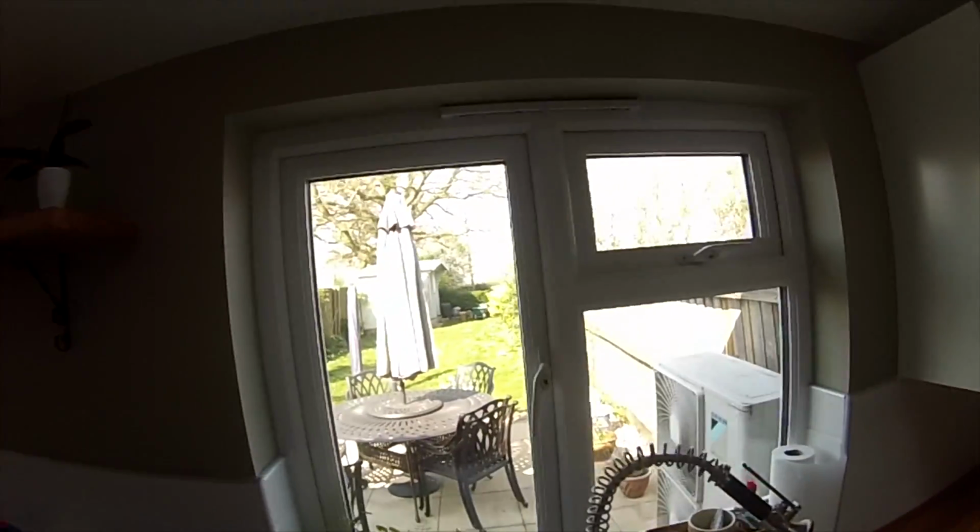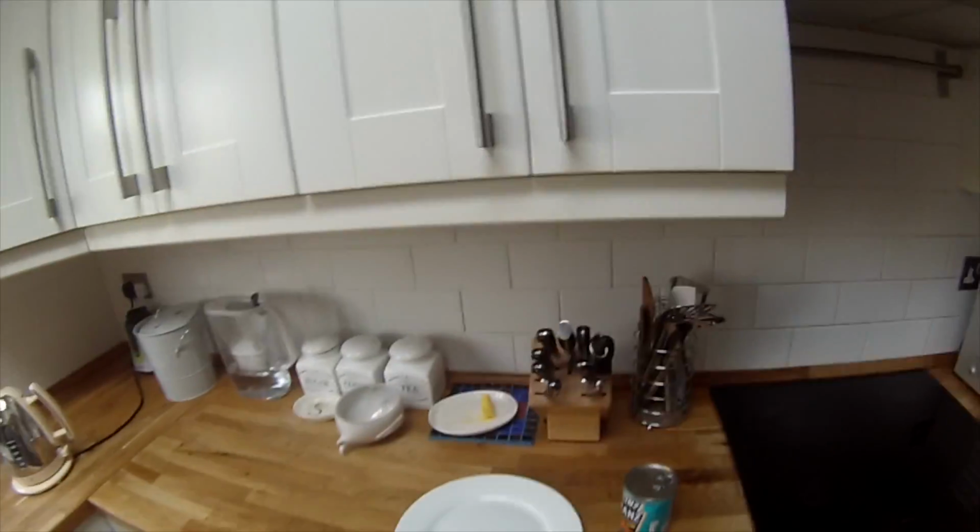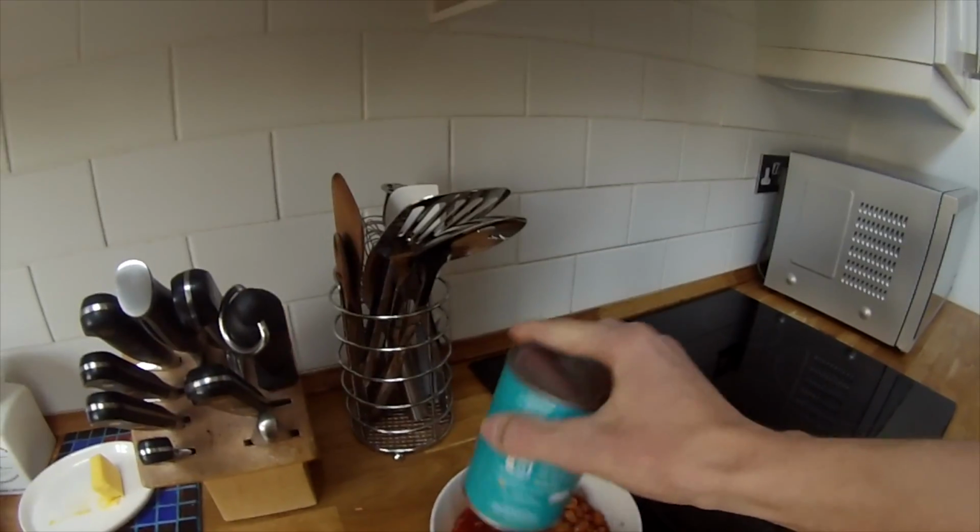Got the back garden out there, gonna chuck a kicker out there in a bit, try and get a bit of a session in. This is a terribly made kicker, so it's probably not gonna go very well. Yeah, you probably heard in the intro that me and the mother both have symptoms of coronavirus. So basically, I can't leave the house for